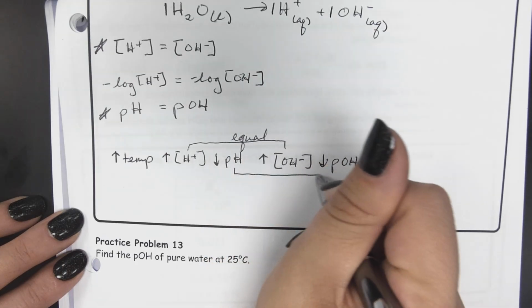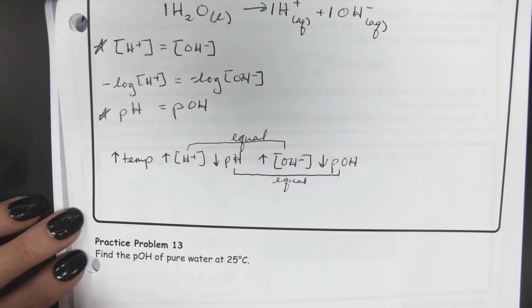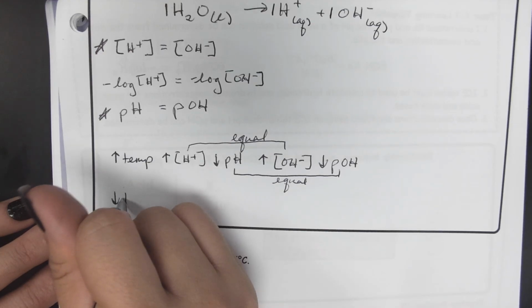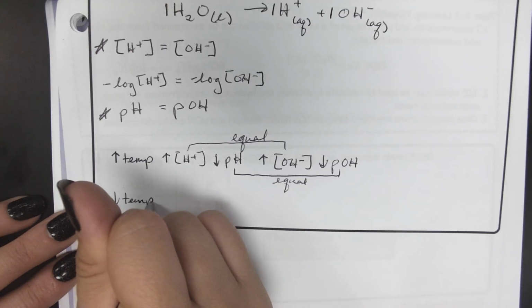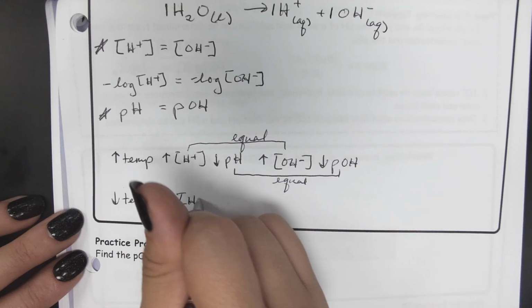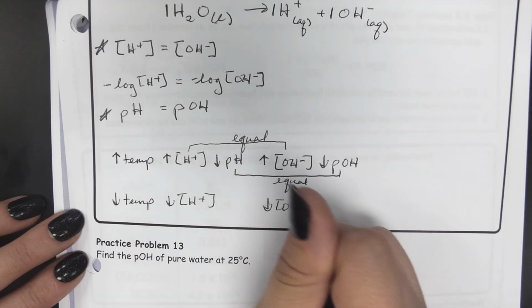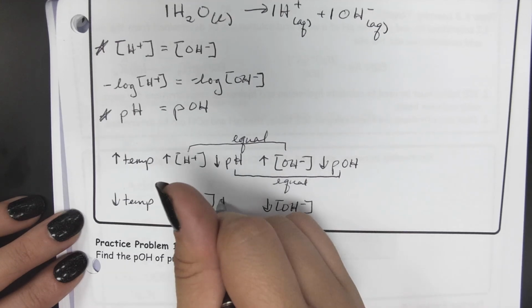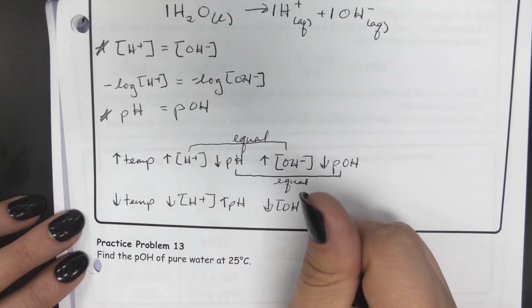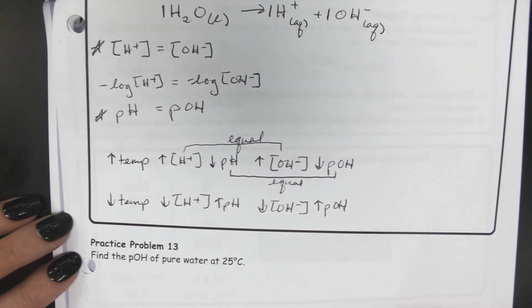We could write this all again with opposite arrows: if the temperature decreases, that would decrease the amount of H plus, that would decrease the amount of OH minus, which would make the pH increase and the POH increase. Okay, now,